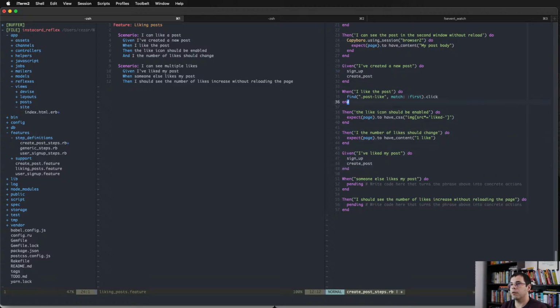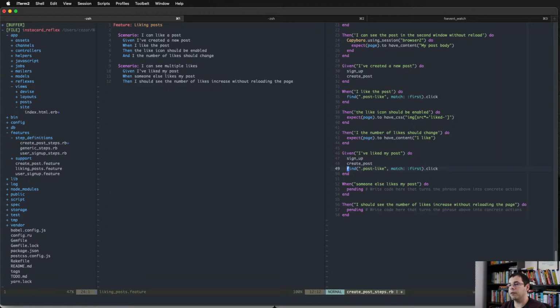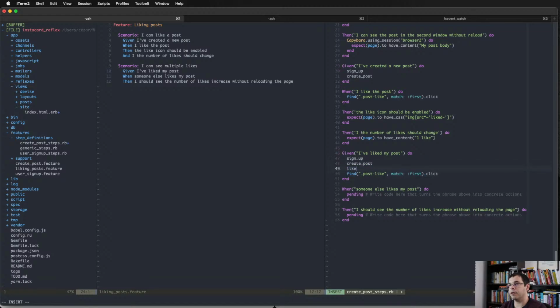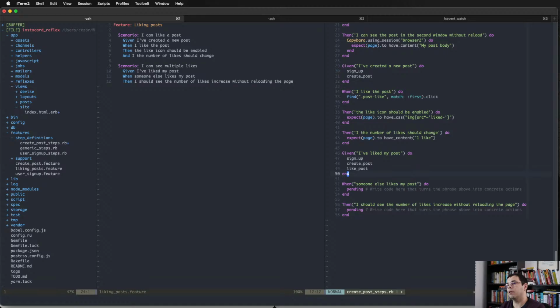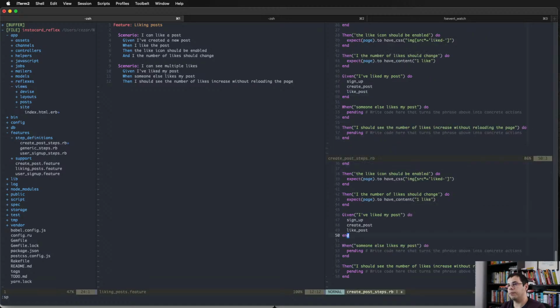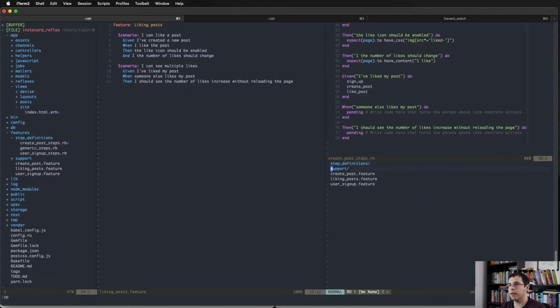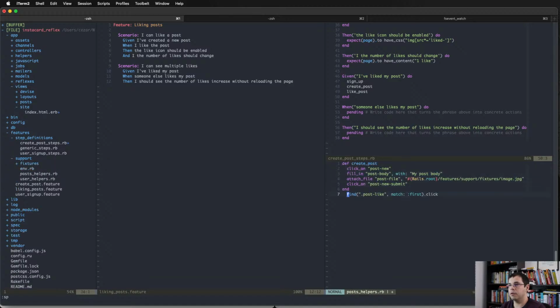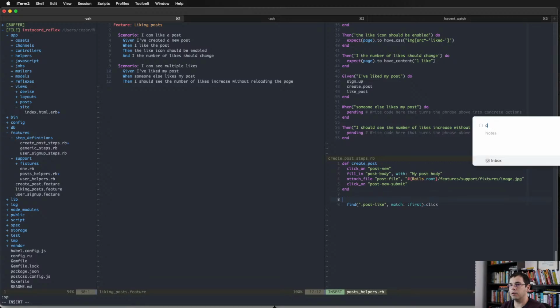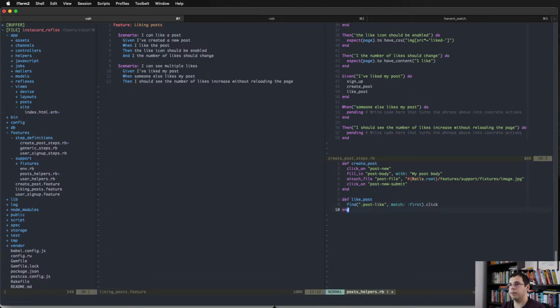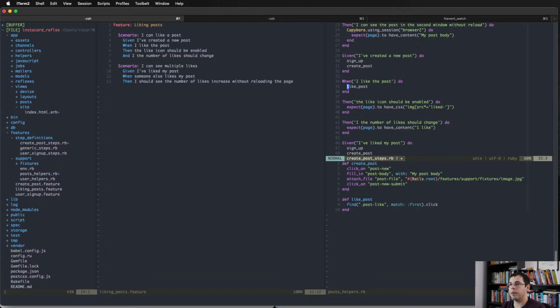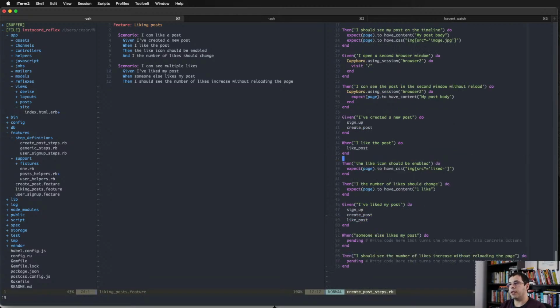Or I could create a like post method, and that's what I'm gonna do. Support post helpers, yeah. Okay, so like post. And I'm gonna copy that here. Okay, so now I have a helper for liking a post,